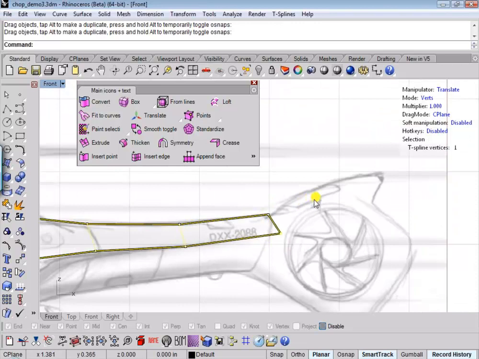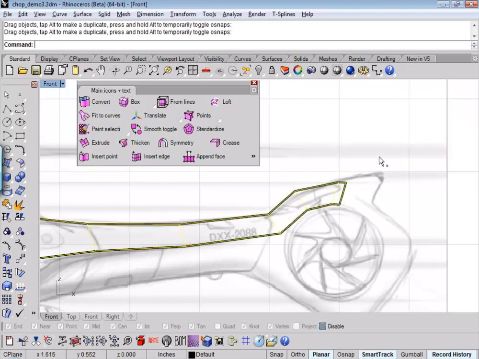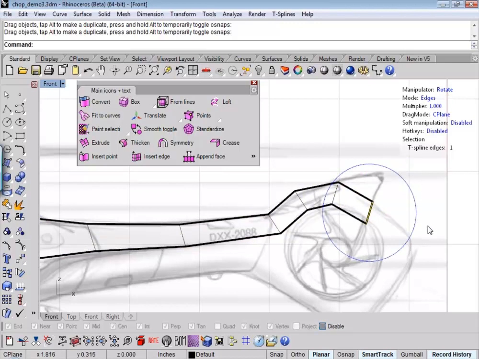So I want to start making this turn up here, so I'm going to go back to edge mode. I'm going to pick an edge, and I'm going to alt drag up here. There's kind of a high point there. I'm going to alt drag another one out here. I'm going to rotate that edge so that it starts making that corner. I'm going to alt drag again. I'm going to rotate that edge again so it starts following a predictable